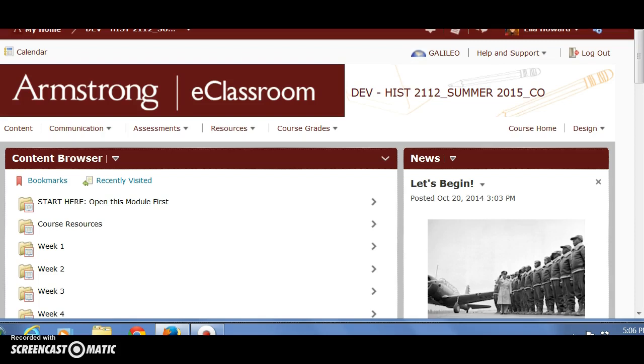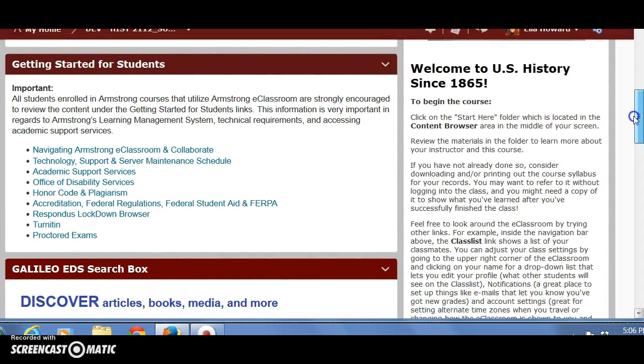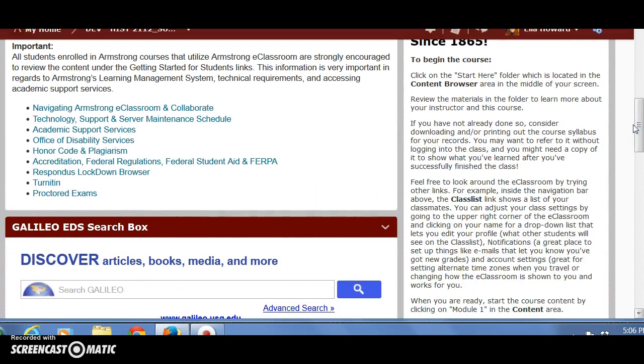When you log into the D2L area in Armstrong's e-classroom, you're going to land on a main page that'll look something like this. On the right-hand side of the page, you want to take note of the news column, which will begin with this Let's Begin header and message from me. As you scroll through this material, you'll see some useful information, so you'll want to take note of that,